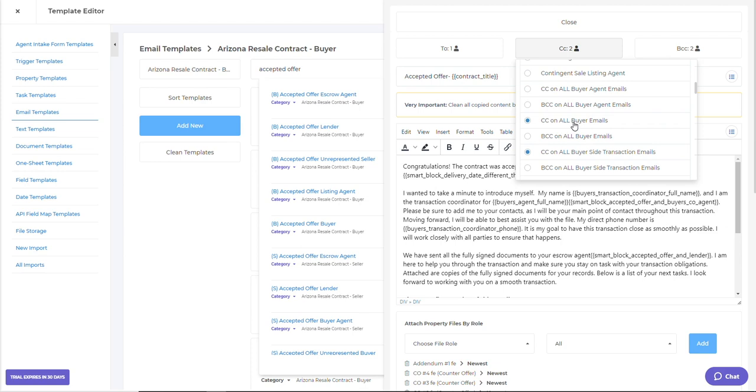Same thing if the whole family wanted to be on there. Honestly, if it was one buyer and it was the son, but the grandpa and the grandma and the mother and the father and the brother all wanted to be on there, it doesn't matter. You can add them all to the contacts tab, and then you can assign them this contact role. Now, when you're setting up your contact roles, that's over in the hammer icon under filters, and you're able to set up any contact roles that you may have to appear in your transactions,